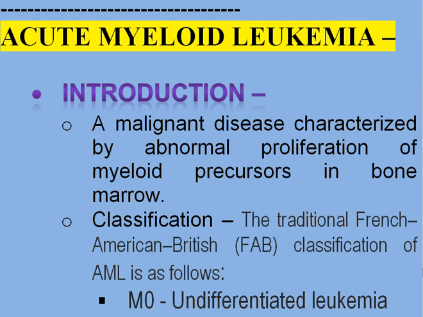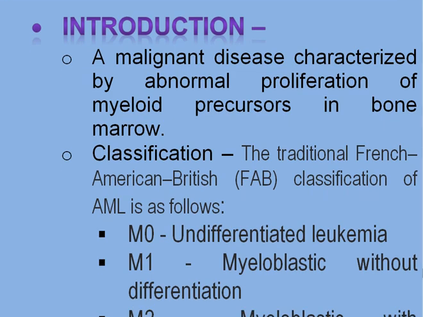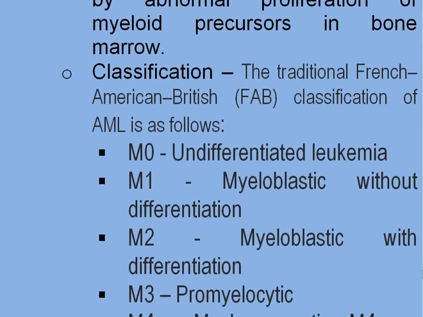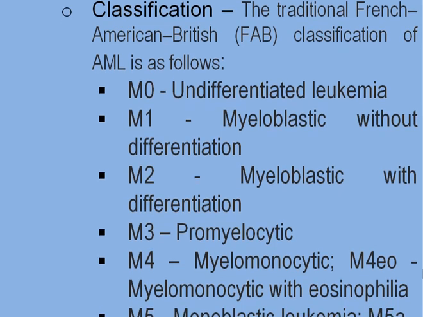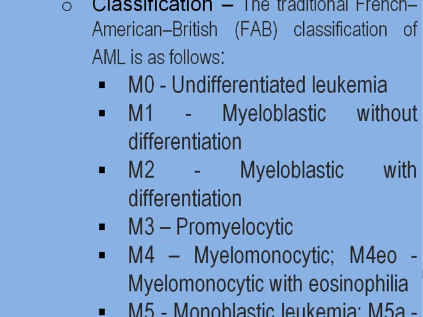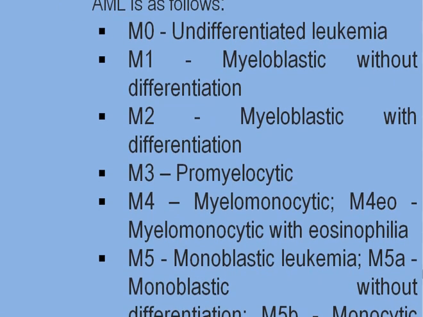It's a malignant disease which is characterized by abnormal proliferation of myeloid precursors in bone marrow. There is the traditional French American British classification of acute myeloid leukemia, which is as follows. M0 is undifferentiated leukemia, M1 is myeloblastic without differentiation, M2 is myeloblastic with differentiation, M3 is promyelocytic, M4 is myelomonocytic,